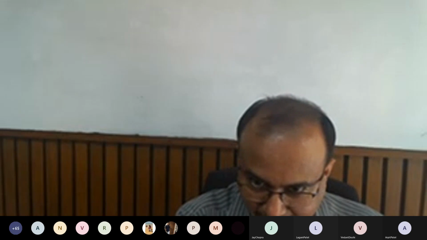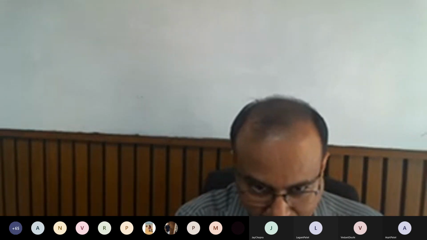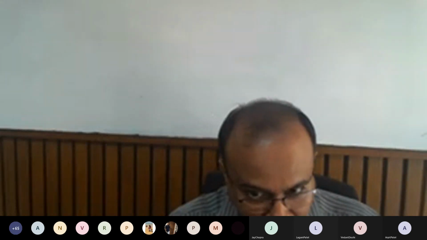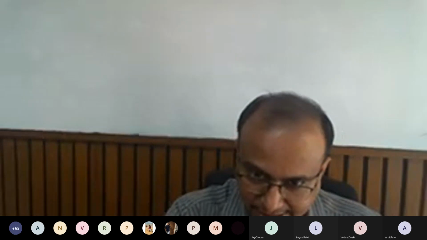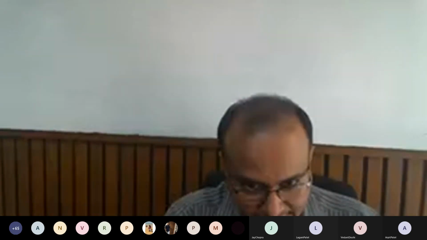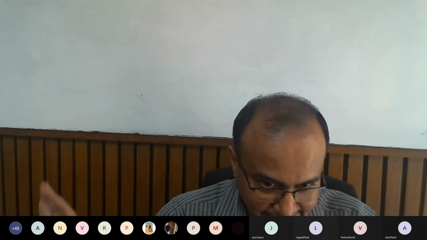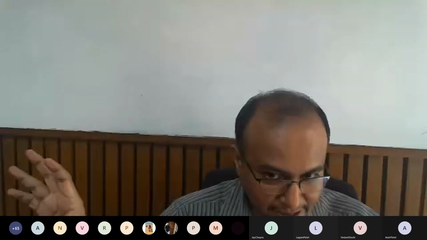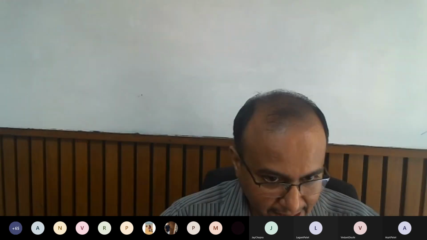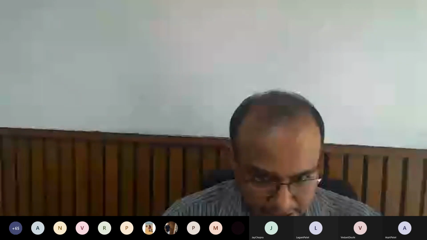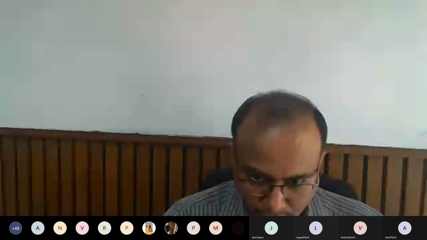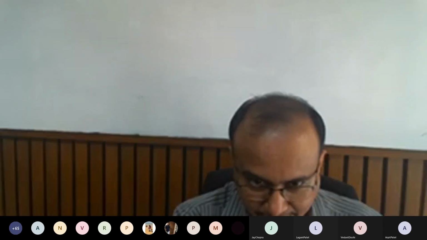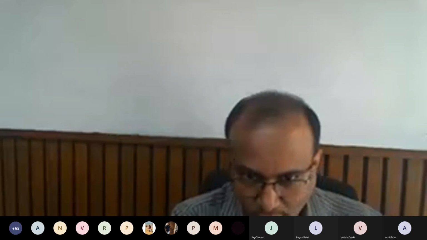So this model is based on the assumption that the joint probability distribution of R_it and R_mt is stationary. Stationary means the probability distribution does not change with respect to time. So when we move from some period t to another period, the joint probability distribution remains the same, and it is a bivariate model. These terms you are learning in probability and statistics for data science, right? I hope you recollect what the joint probability distribution is. Right now we are not going into detail, but if this distribution is not changing with time, then this model is valid.